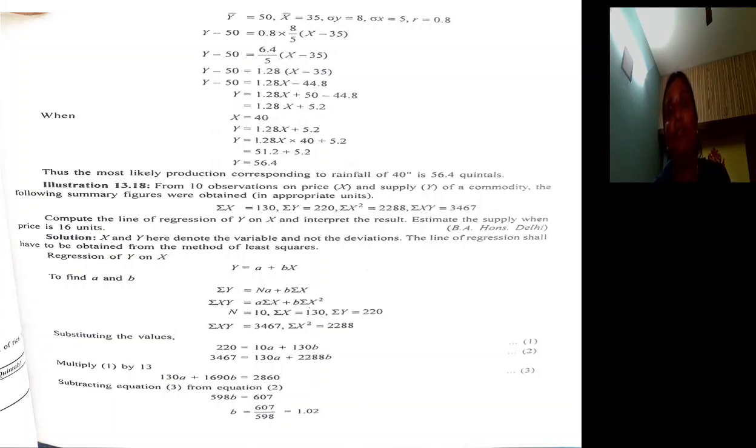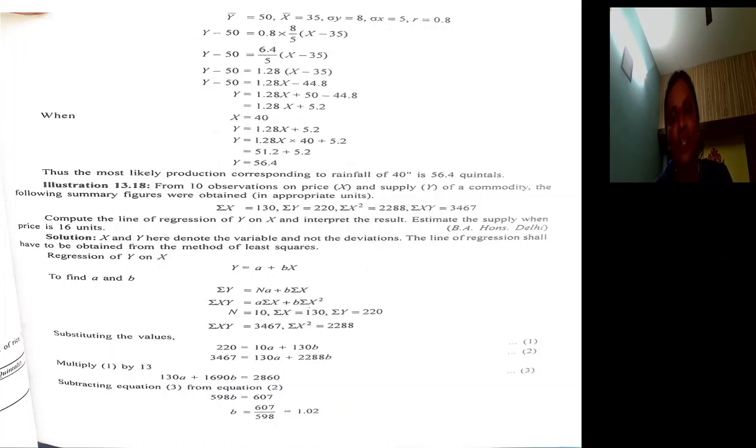Do you remember the first problem on regression equation which we solved, I think in the third session? It arrived at a regression equation based on the method of least squares by solving simultaneous equations. The same thing we have to do here. You know that the regression equation x on y is x is equal to a plus by, and the regression equation y on x is y is equal to a plus bx. Then how to calculate a and b, the intercept and slope? Easily, we apply simultaneous equations.